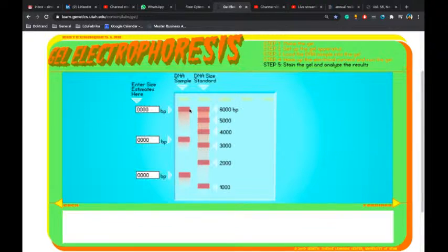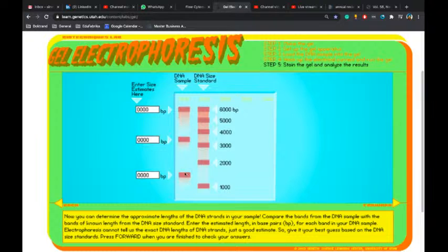So here, how much size are these? So this is the molecular ladder that we have added, the DNA size standard, and on the left, how much do you think these sizes are? So how much on the first one? What do you recommend? Just think about it in your mind. How much will be this one? How much will be this one?